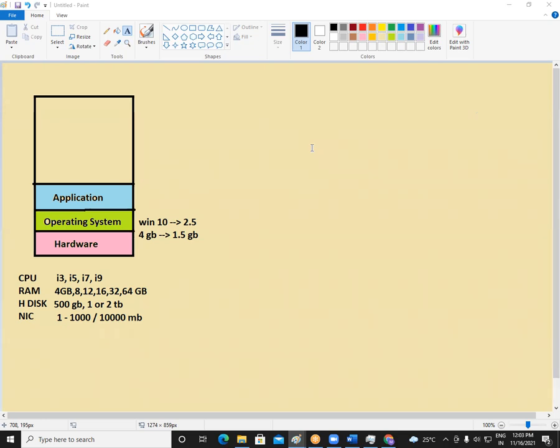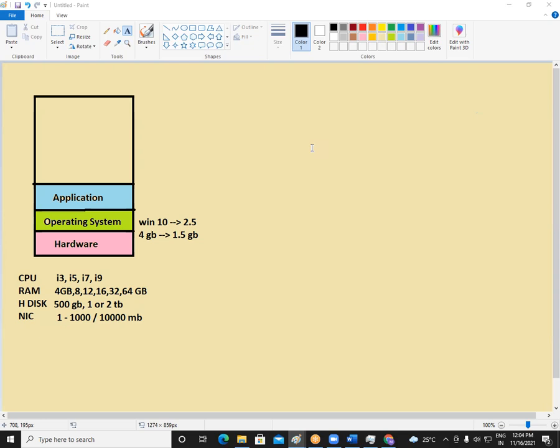For your personal use, we need to calculate what exactly you're working on that machine, then decide the configuration. And in a company also, we need to see how many people are there. Okay, there are 1,000 people. Out of 1,000 people, this many people are working as HR. So their requirement is they will use this operating system and these applications. Okay, so they need this much. Okay, we have multimedia people. Multimedia people will use this operating system and these applications. So this application will consume this much memory. So we need to consider all these things and then decide, okay, this processor is the best processor, or this much RAM is best suited for my scenario. We are the people who should decide this configuration.